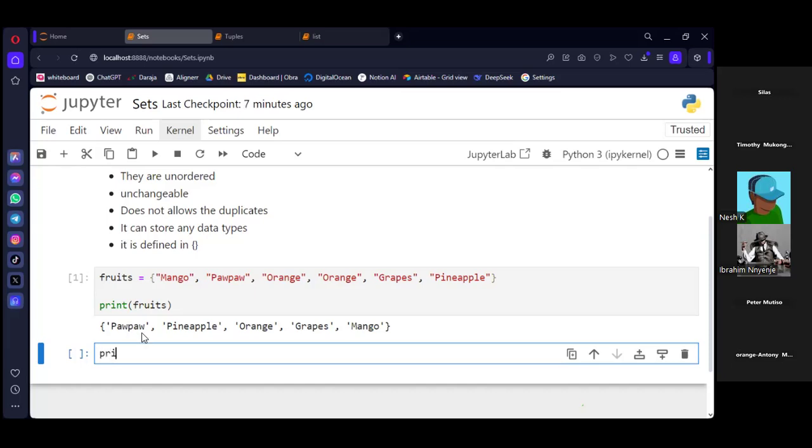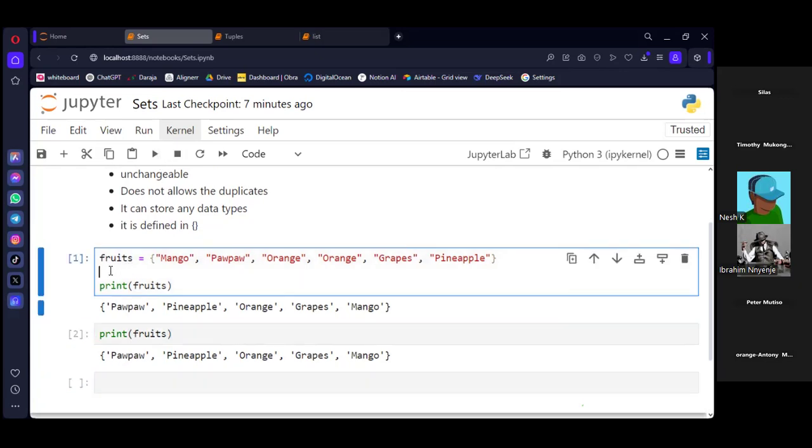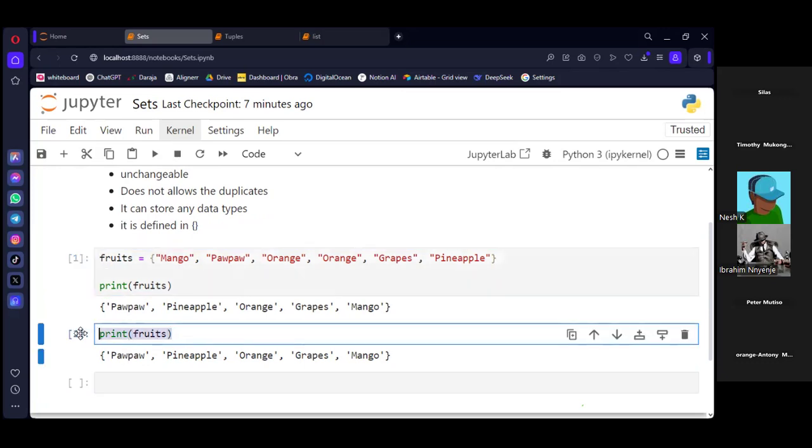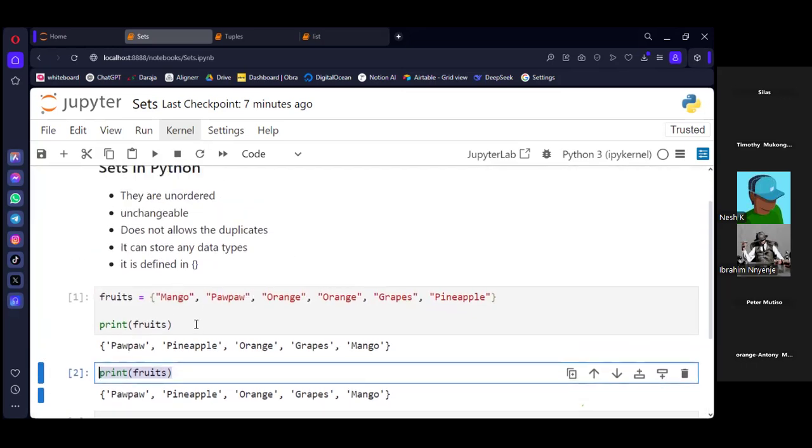But for example, if you say print fruits in this new cell, you'll still be able to do that. You'll still be able to get the output because it's still remembering what you had written in the first cell. So remember, this cell doesn't mean there are different things. It's still the same file. It can recall what you had written in the first cell, provided it was active, like you had run it to be in the memory.